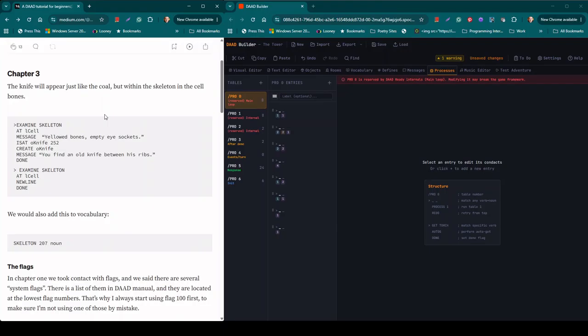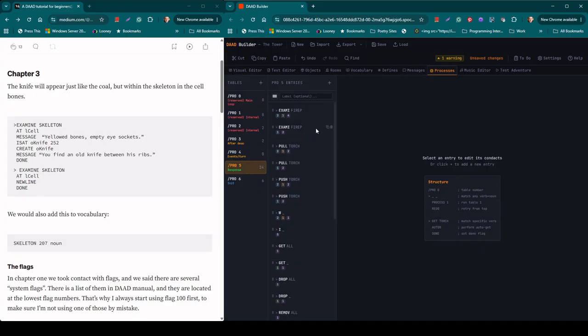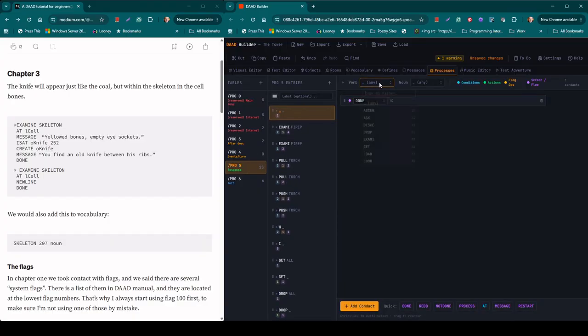Last time we created the piece of coal, we looked in the fireplace. This time we're going to examine the skeleton in the cell that we could open by pulling the torch, and we'll find the knife when we examine the skeleton. So already here in Process Builder, we want to go into Process 5 as usual, and we're going to go right to the top and we're going to add a new entry. And our new entry is going to be Examine,